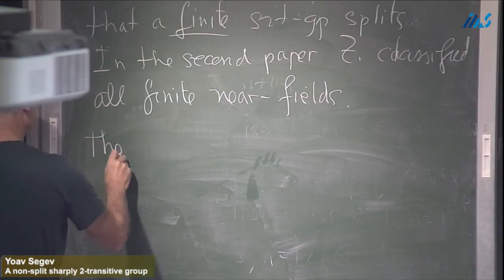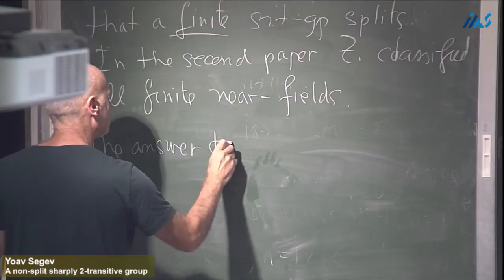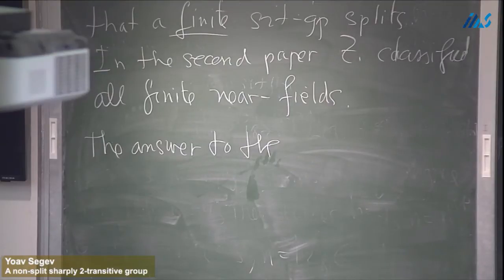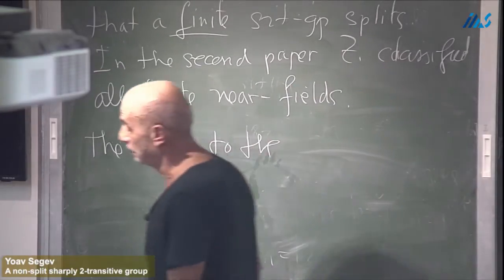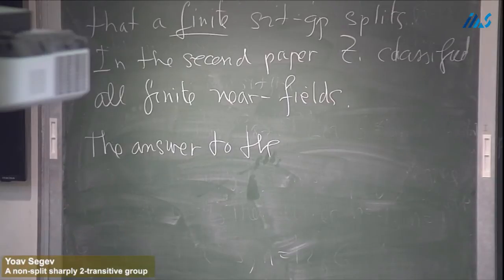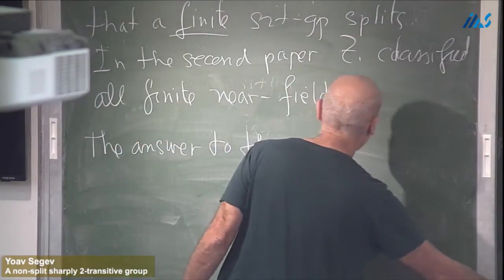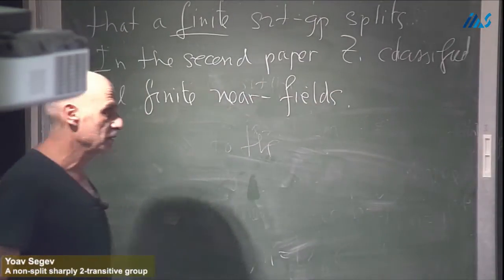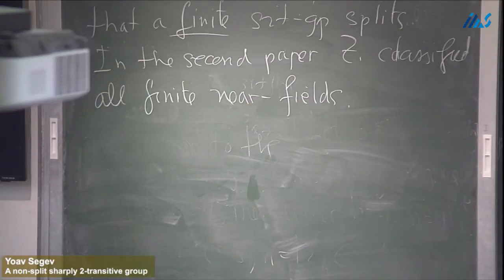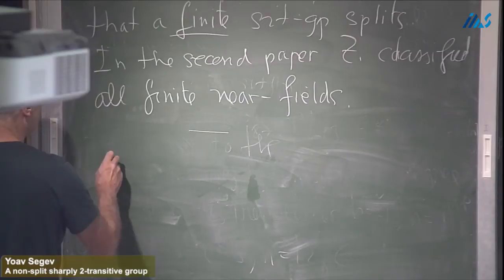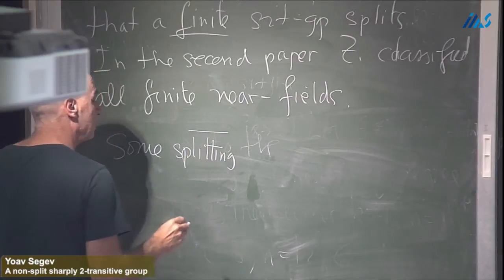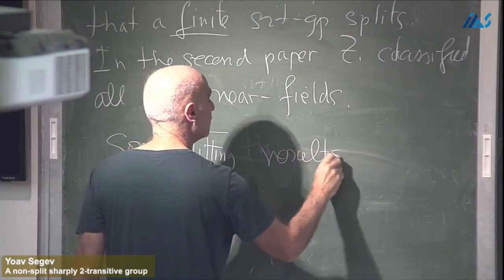The answer to the question of whether or not an infinite sharply two transitive group splits defied the attempts of many mathematicians ever since Zassenhaus's results. What was known, or some of the things that were known, are positive results, namely splitting results. Some splitting results for infinite groups. As I said, finite groups always split. And so some splitting results are,